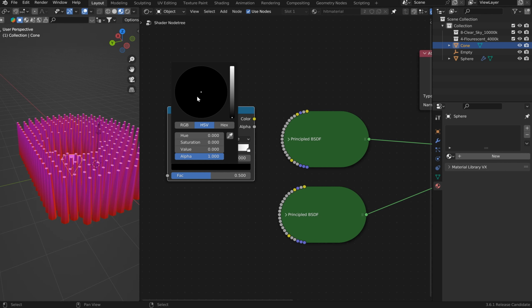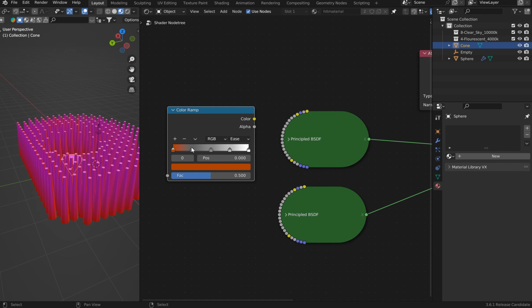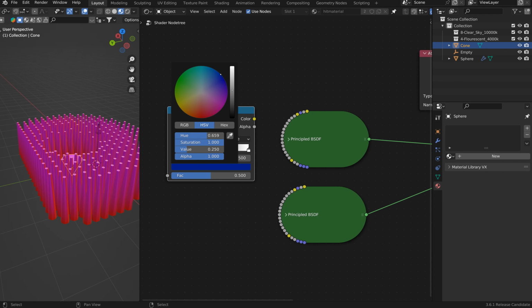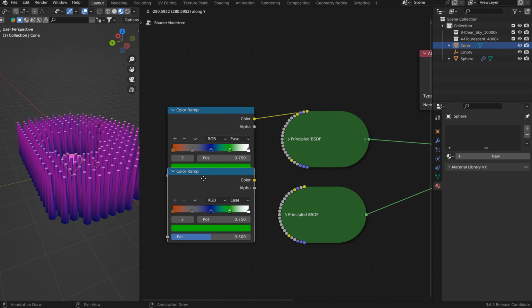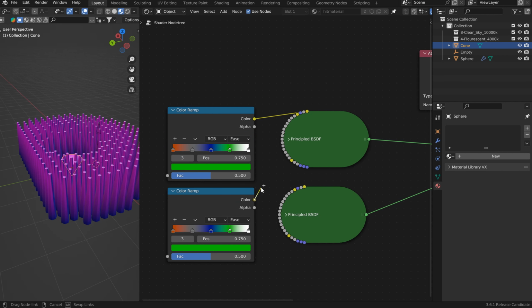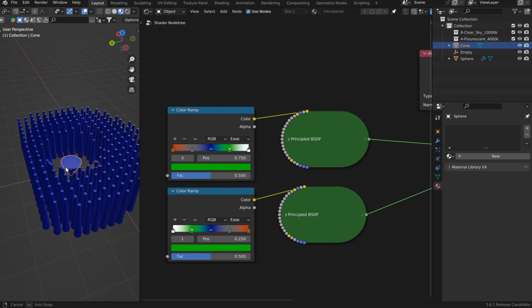And so I'll grab the color here and we'll change the color, something like orange. It doesn't matter, I can leave a whitish gray one in there, and we'll change one of these to blue just so we get a nice spectrum of colors, and you can see how it goes. So we've got a gray to white, gray, and all that good stuff. So I'm going to tag this in, and this is going to give us that neater gradient effect. I can Shift D copy this, G and Y, bring it down perfectly. And before I tag this in, I want to flip this color ramp so the color is in the opposite direction. And then we'll end up